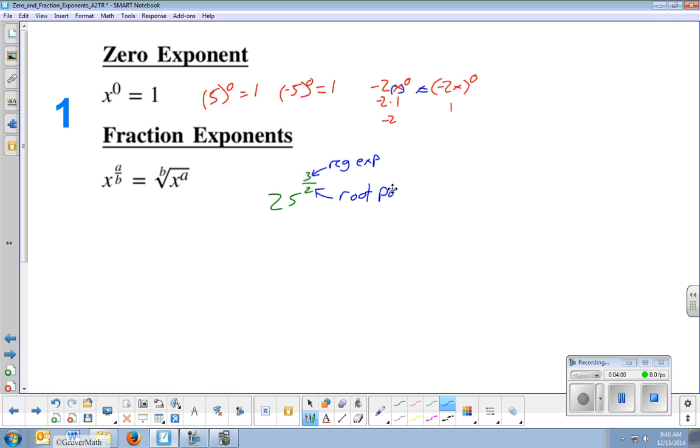And so what you would have to read this as is 25 raised to the 3 over 2. You want to think about the denominator first. You want to think about the root power first. And so what that would mean, since our denominator of this fraction is a 2, you would think of this as the square root of 25. Now, we know we don't have to put this little 2 here for square root. That's an optional 2. I'm just putting it there to emphasize that this is a square root. And so the square root of 25,